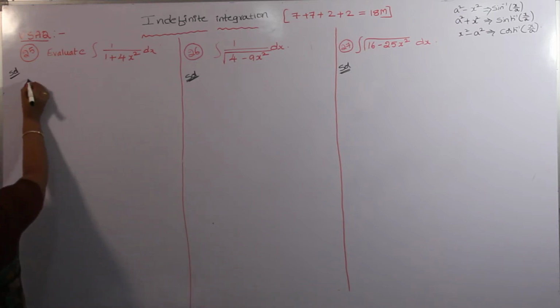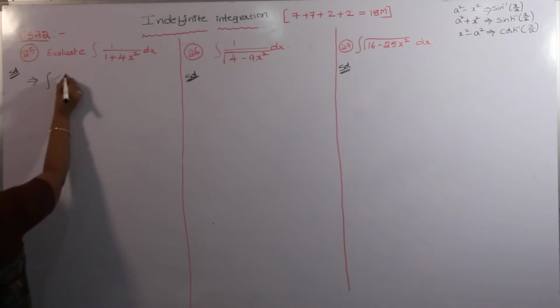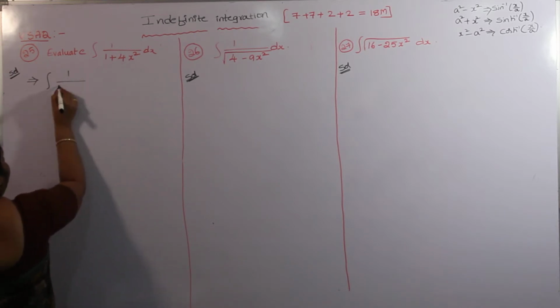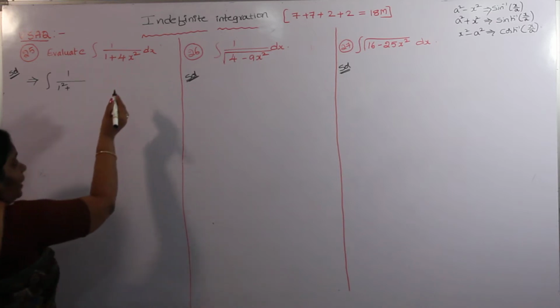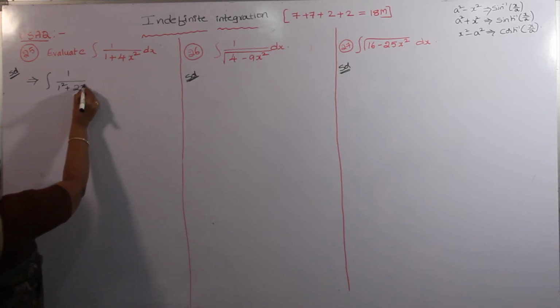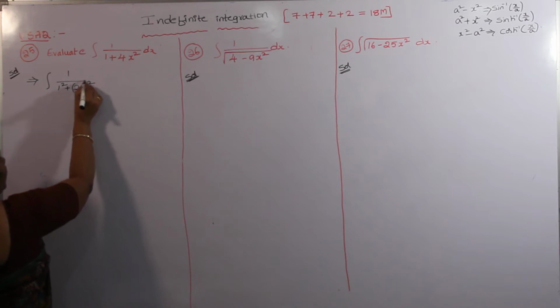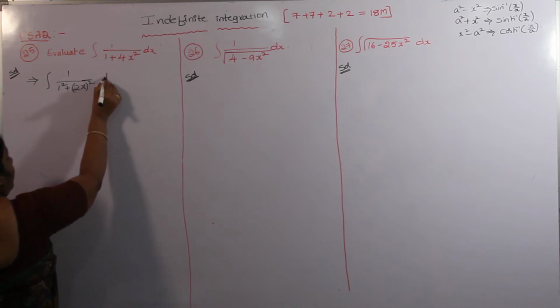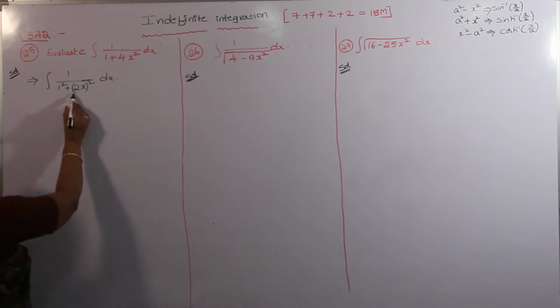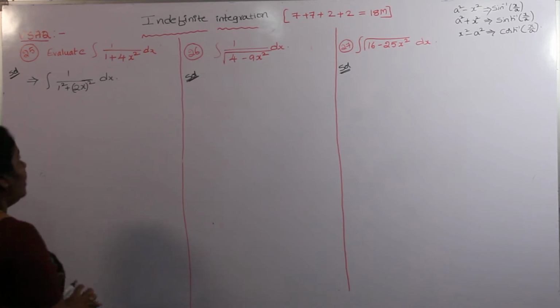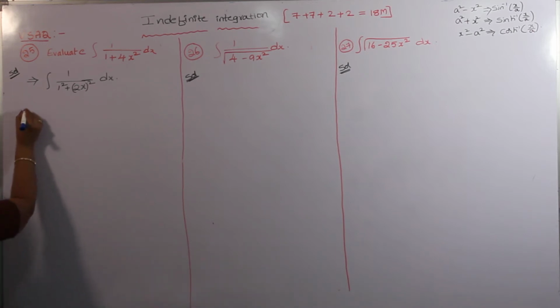That implies integral of 1 by 1 plus 4x square dx. 1 can be written as 1 square, and 4x square can be written as 2x whole square. Okay, 1 can be written as 1 square. 4x square can be written as 2x whole square. Okay, now this is in the form of